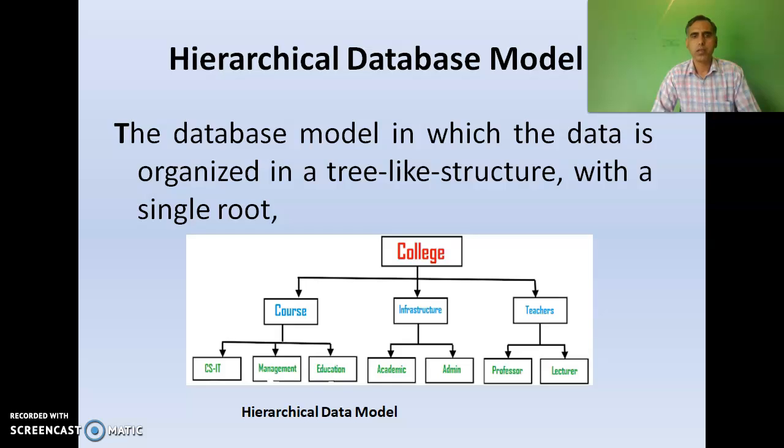In this model, course, infrastructure, teacher, children has single root, and course root has multiple, 3 children. Hence the diagram shows one-to-many relationship.